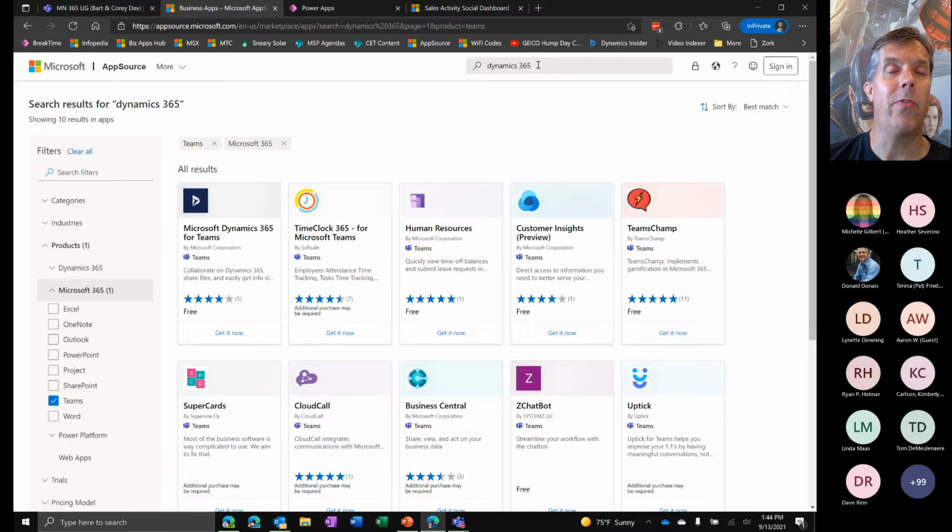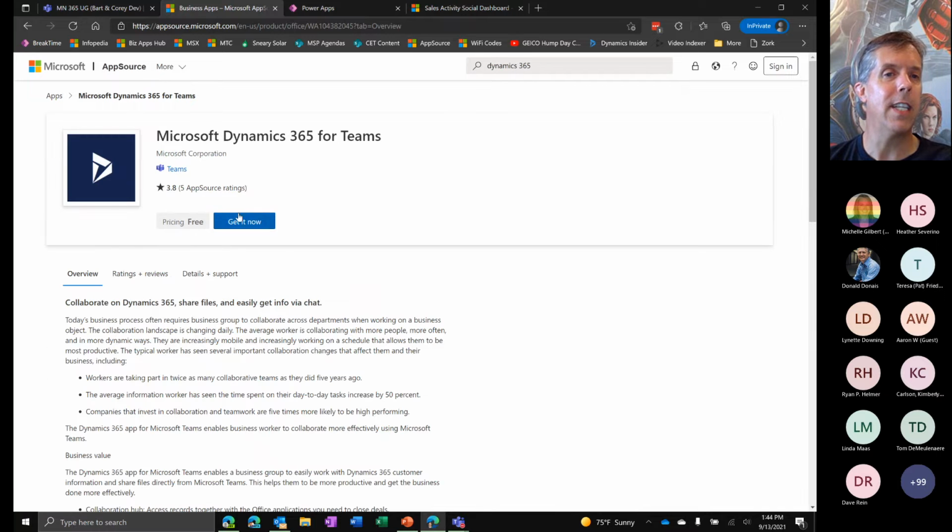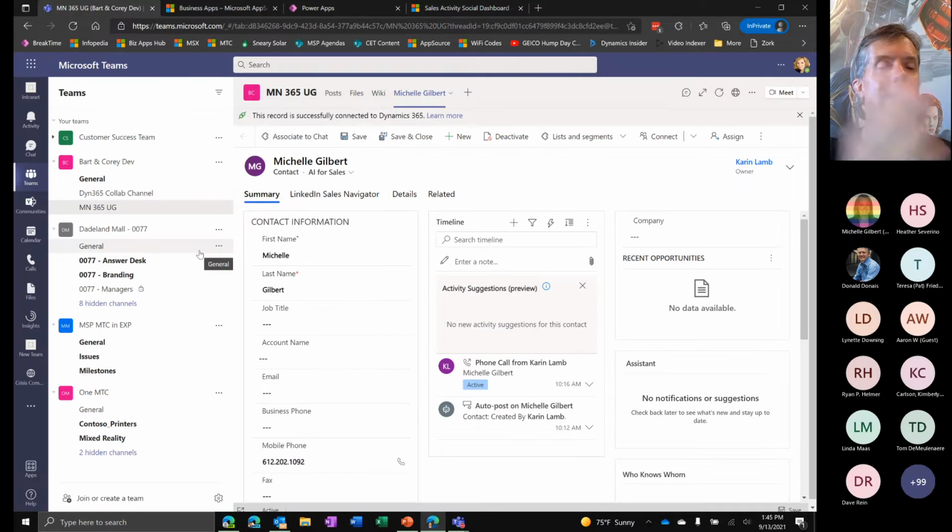And of course, there were thousands of things that came back because all of the apps that are relevant for Dynamics, not just for Teams, showed up there. But I just opened up the M365 product filter, clicked on Teams, and then it was the first one that showed up so that I could easily click on it and just say, get it now. I can see it's a Teams app, and that should bring it into your Teams repository of apps so you can give the right users permissions to utilize it from that point forward inside of Teams.